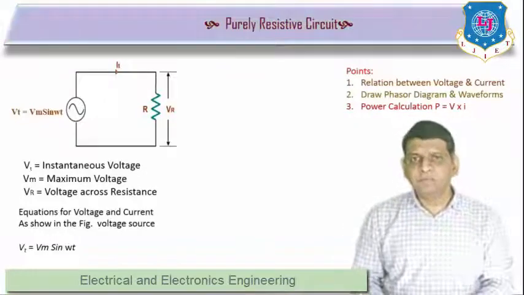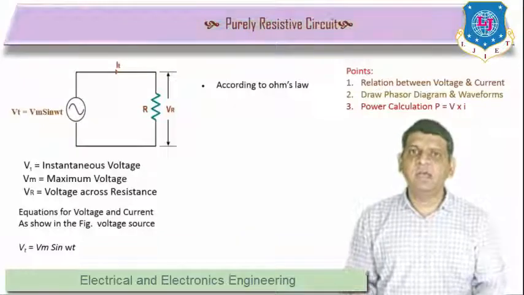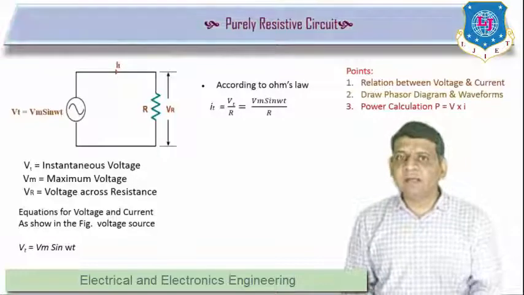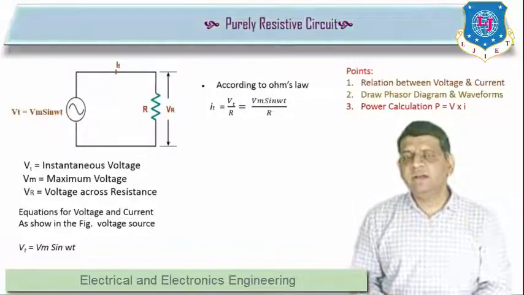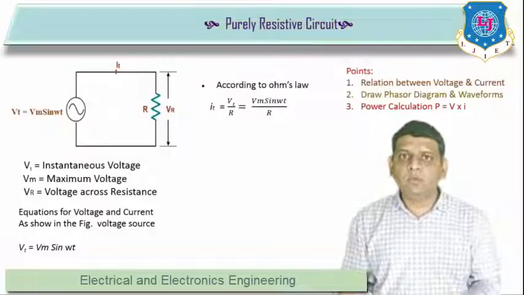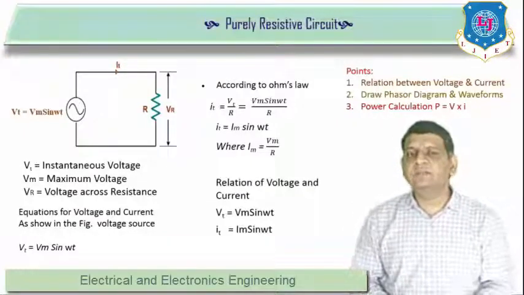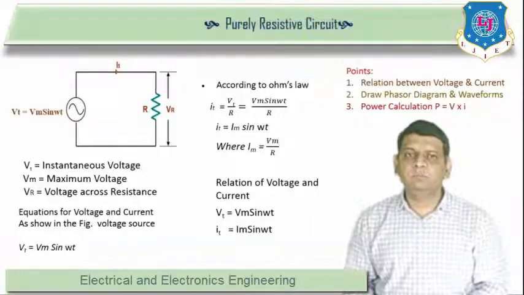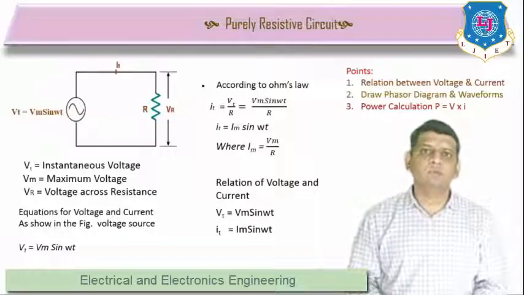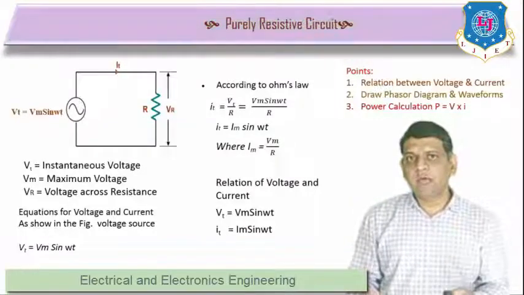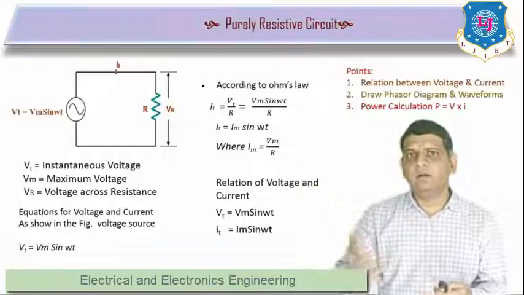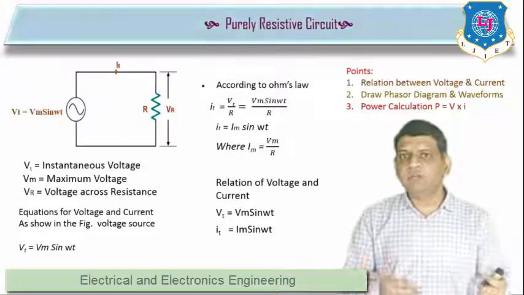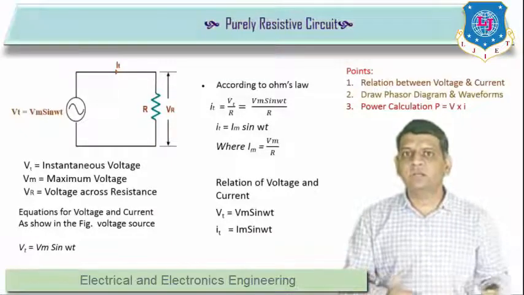Once you apply this to the resistive circuit, you can straight away apply Ohm's law, and from Ohm's law you can find the current i(t) = v(t) divided by R, that is equal to Vm sin omega t divided by R. So I can represent Im equal to Vm divided by R. From this, the current is i(t) = Im sin omega t. Now for point number one, the relation of voltage and current, where v = Vm sin omega t and i = Im sin omega t,